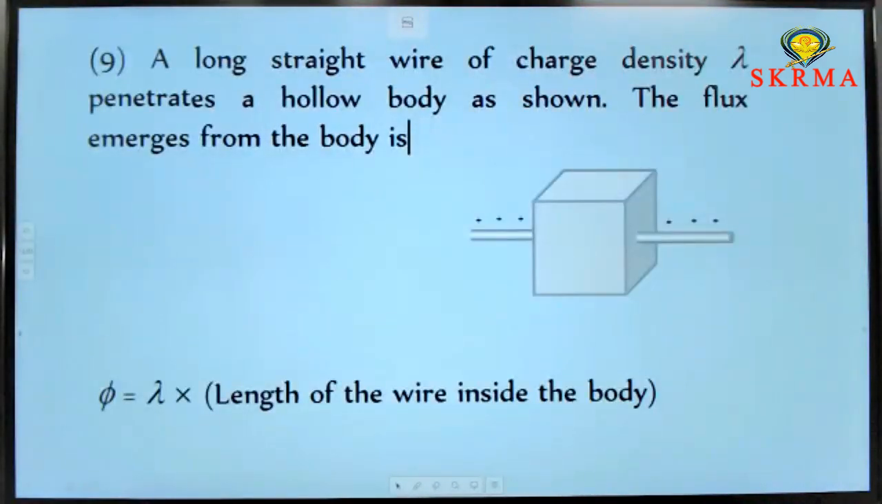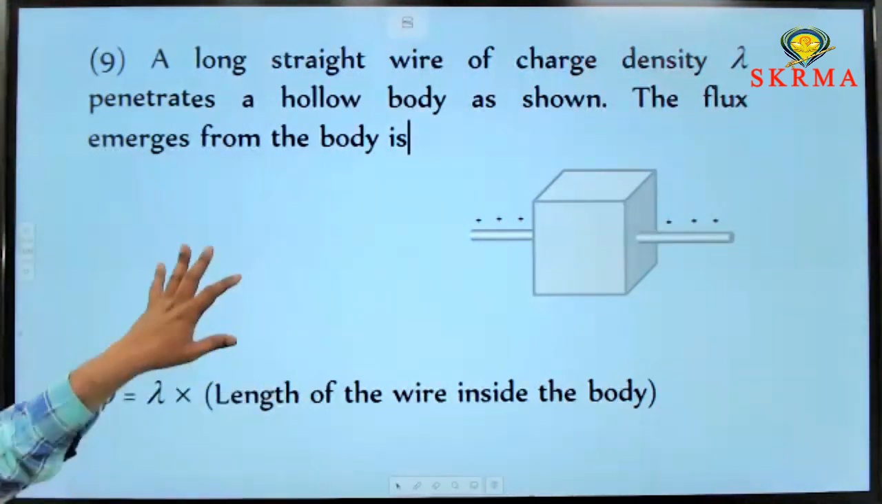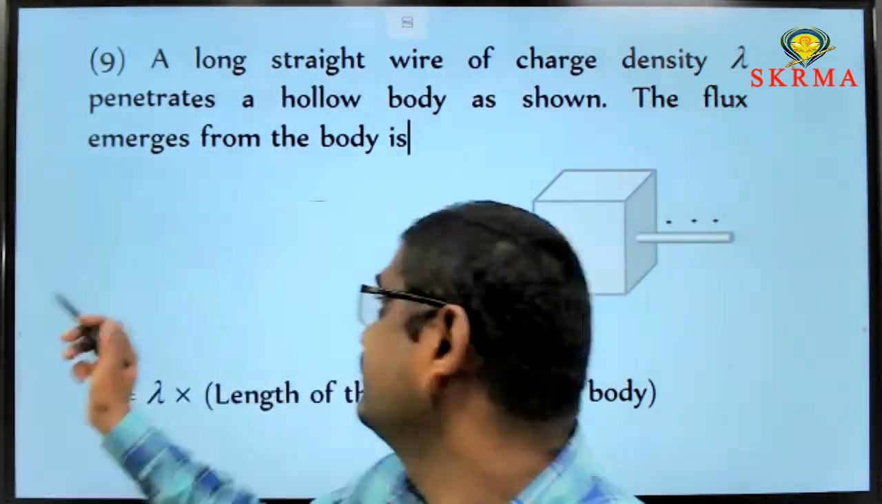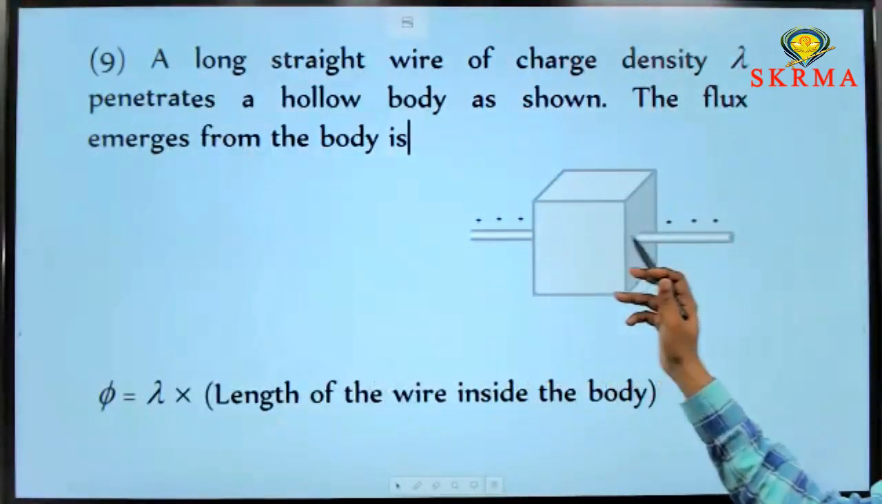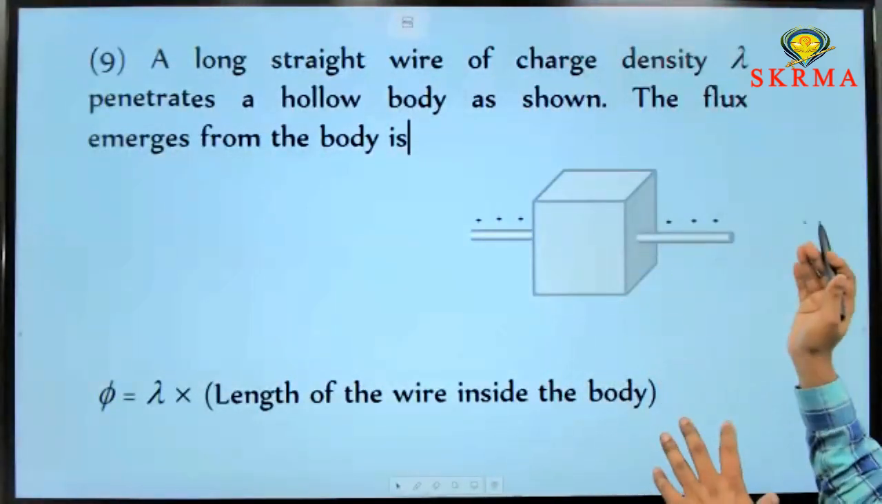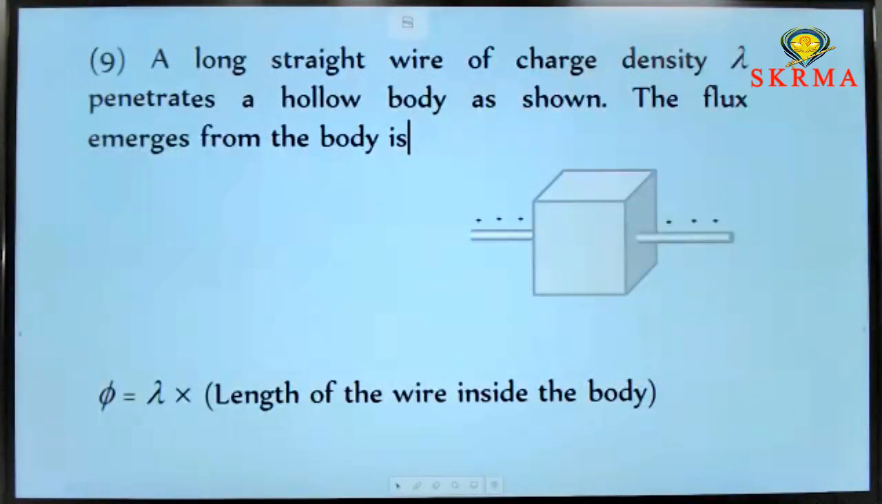Next one. The last one in this Gauss law, the last application, the 9th one. A long straight wire of density lambda penetrates a hollow body as shown. Then the flux that emerges from the body is what? This is a long straight wire that penetrates through a hollow body and emerges from the body. Then the flux is